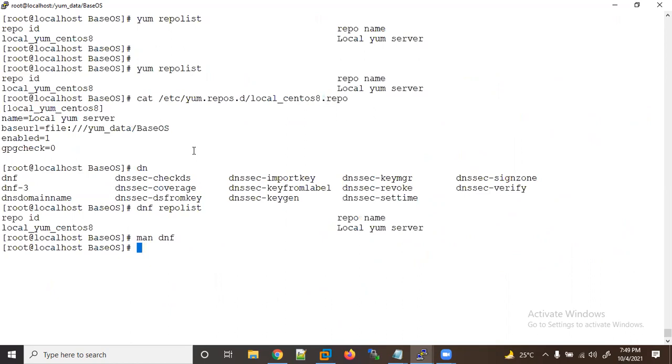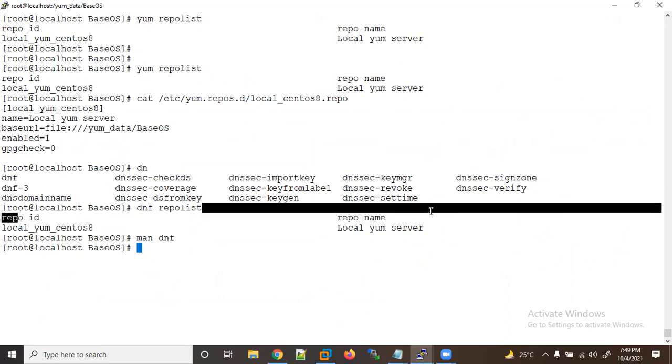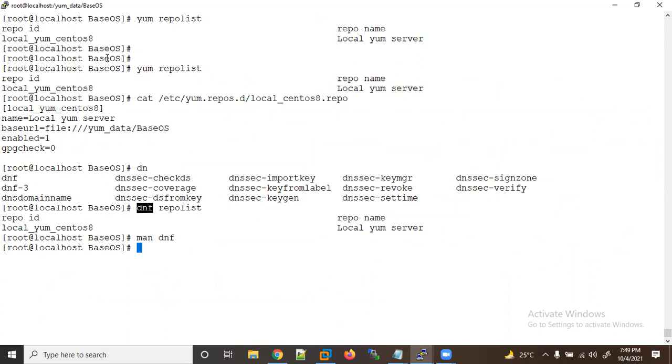Here you did a setup for yum, right? Everything I set up was for yum, but when you use dnf repolist, you will find the same things here also. So don't be confused. Yum has been replaced by DNF. Right now both are working, and in upcoming versions yum will slowly be removed. So DNF is the latest version. If you want to install Samba with DNF.